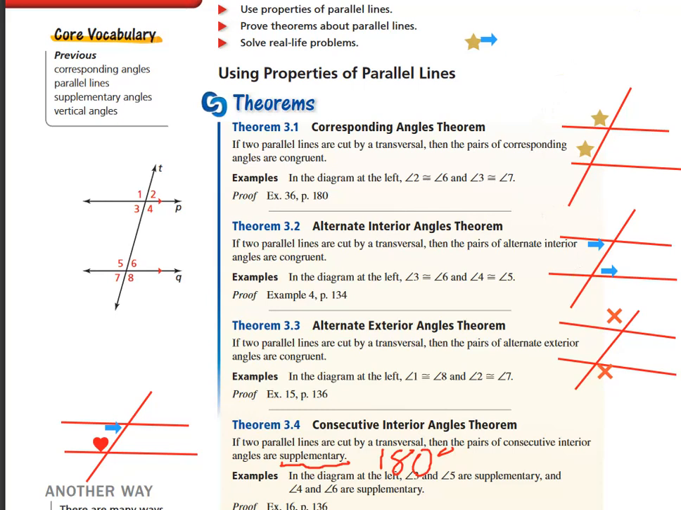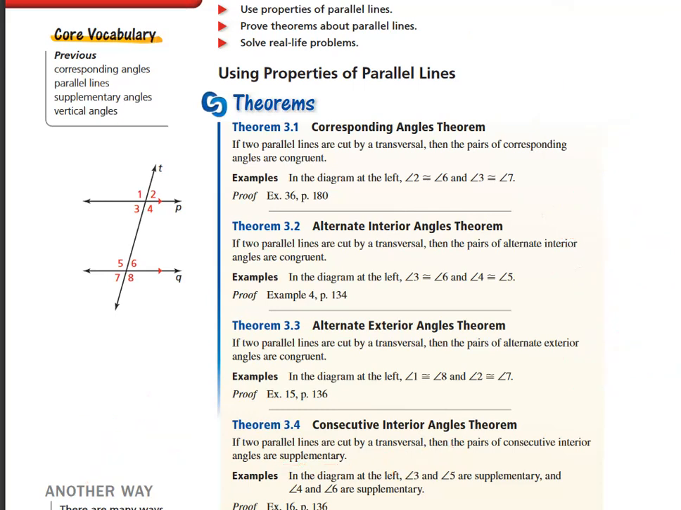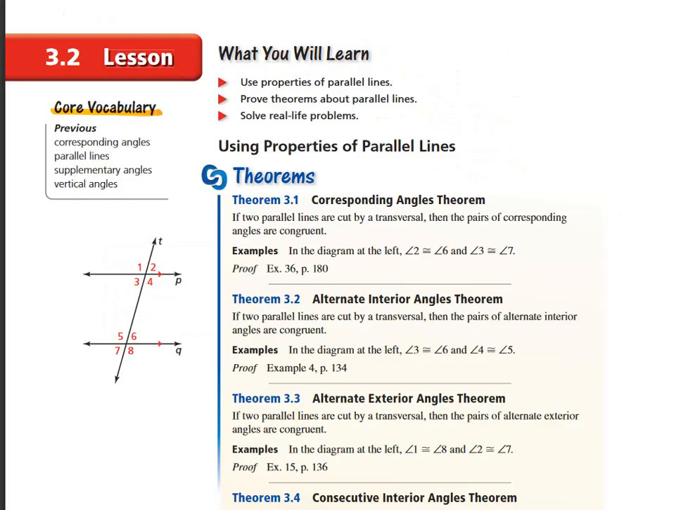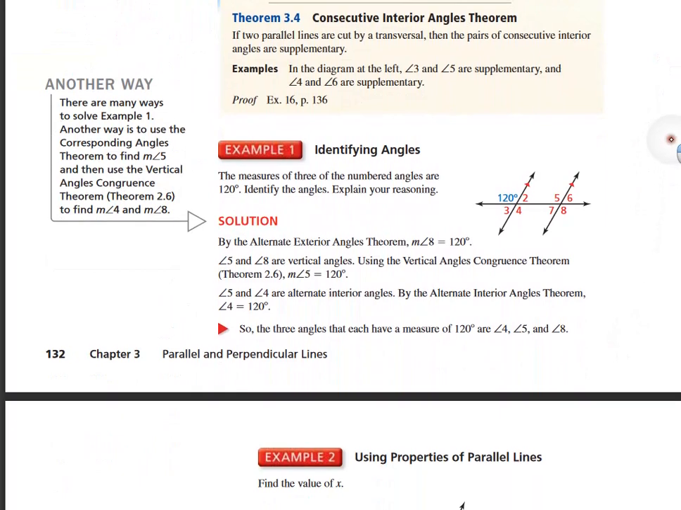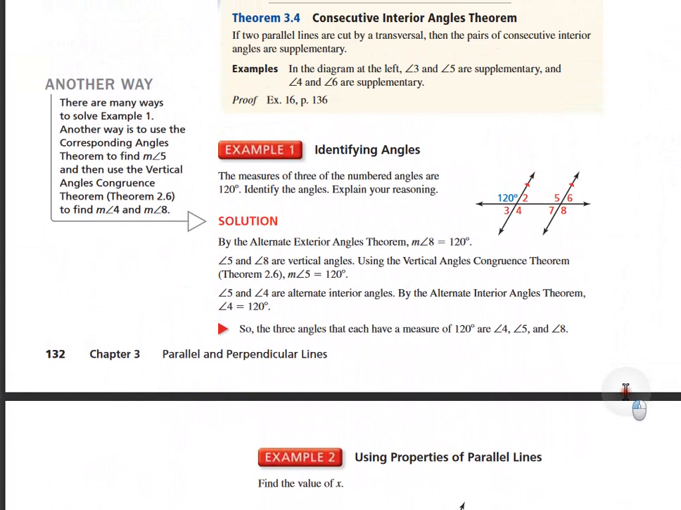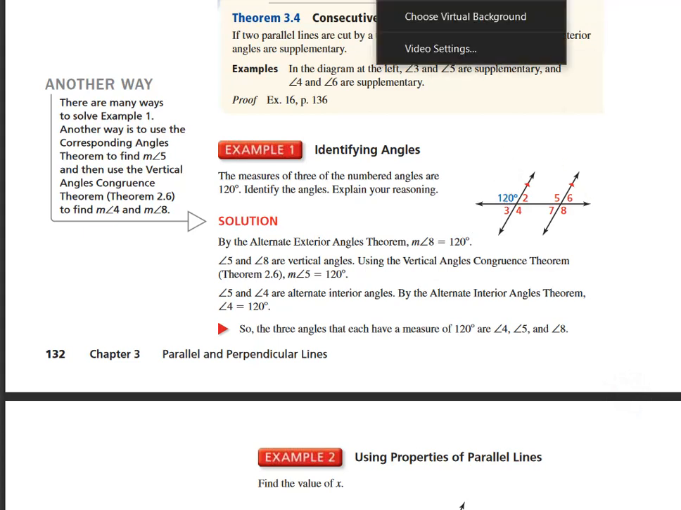Oh, hold on, let me clear all that. Now let's look at the next page. So we can make equations here. So check this out. We'd know, hold on a second, let me go back to the first one. And okay, no, we talked about that. Okay, so this one, let's see. The measures of 3 numbered angles are 120. Identify the angles. Okay, so if the lines are parallel, then we would know